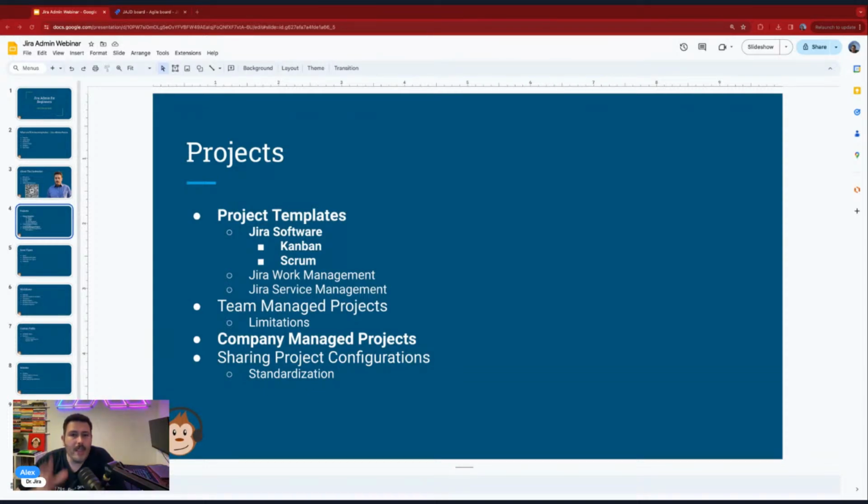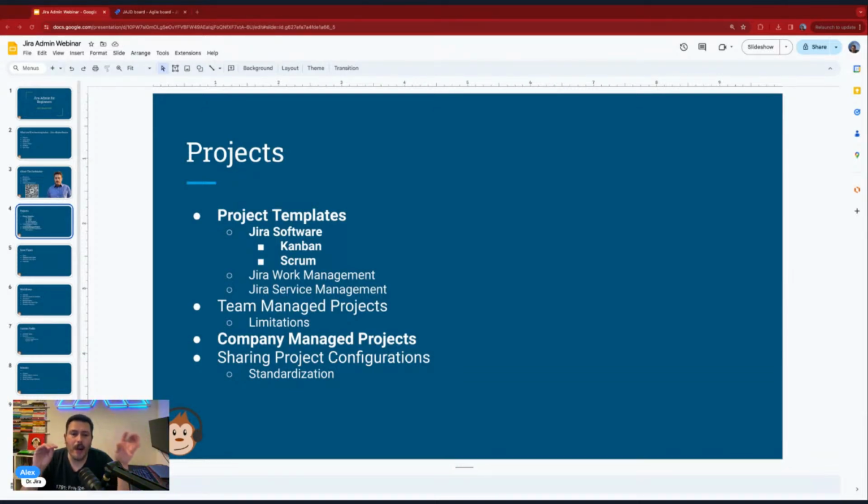So with that said, though, once you pick either Scrum or Kanban and we're in this Jira Software, we're met with an interesting fork in the road, and you have to pick between team managed and company managed. Now, out of the box, most teams, especially the bigger ones, go with the team managed project. Now, team managed projects are great, but from a Jira administrator's perspective, in my opinion, they are a nightmare, because